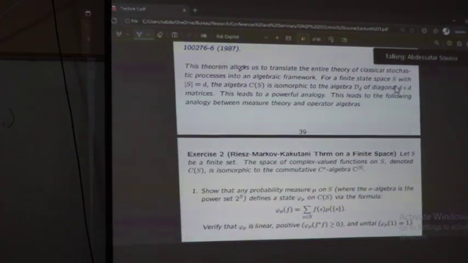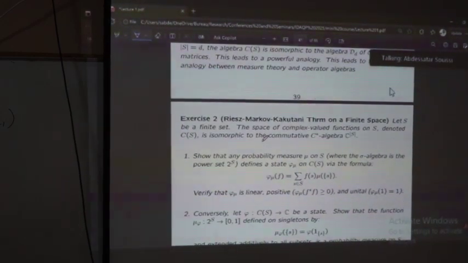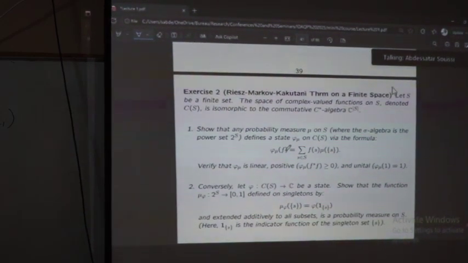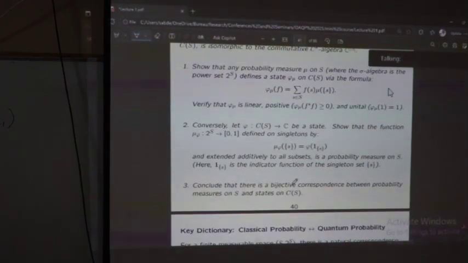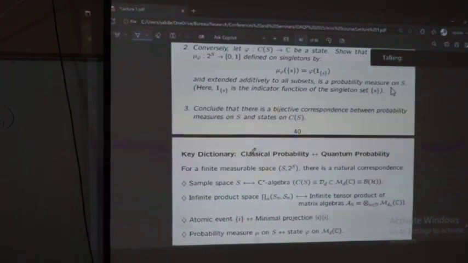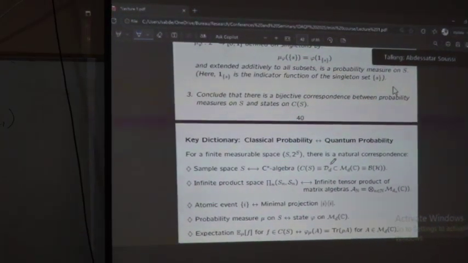Here I just reformulate the proof of the theorem in small size, step by step, defining U, phi from U. And now we arrive at